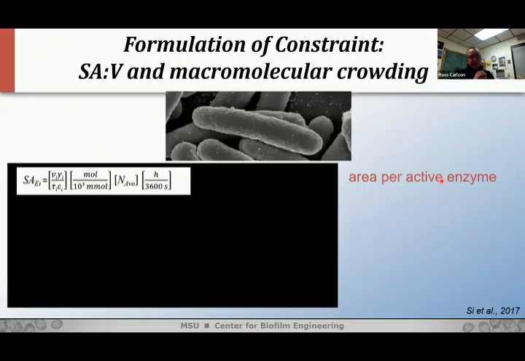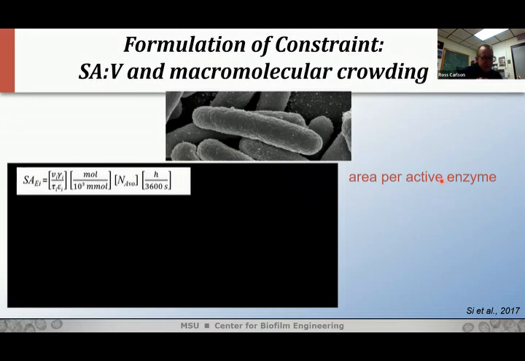We're interested in phenotypic limits on this. So we've adopted approaches much like the previous talk. We're looking at constraint-based modeling, stoichiometric modeling. In this case, we'll be using flux balance analysis. So how do we integrate this concept of a limited surface area to volume and a limited macromolecular crowding into